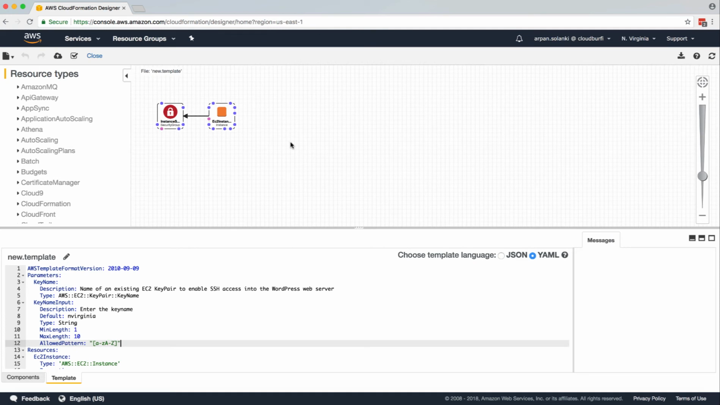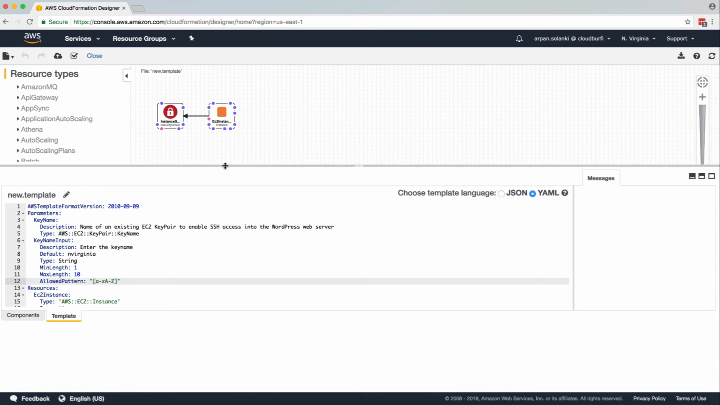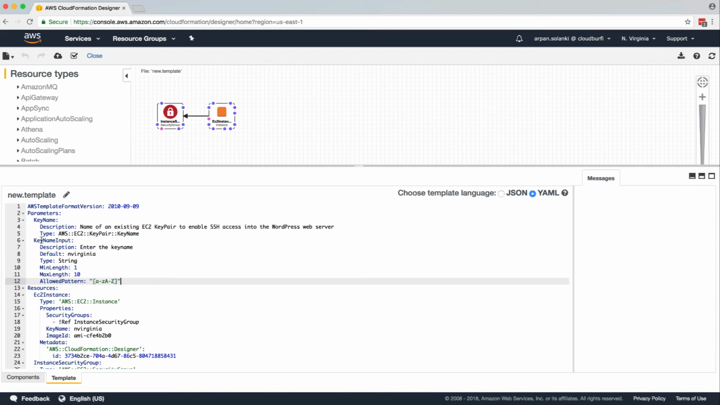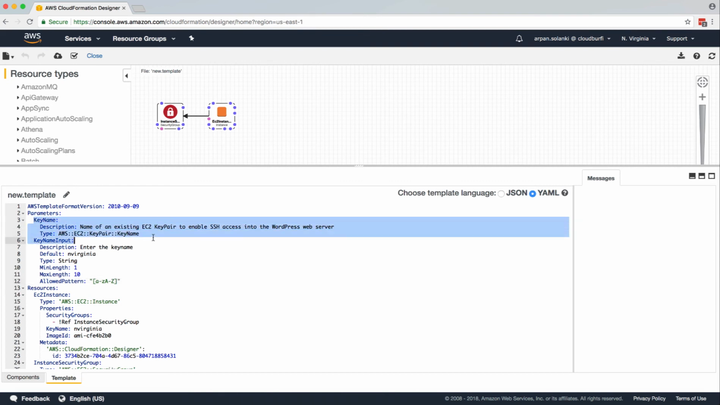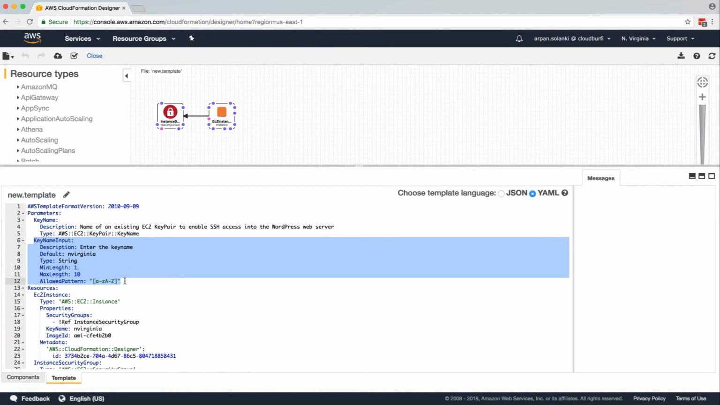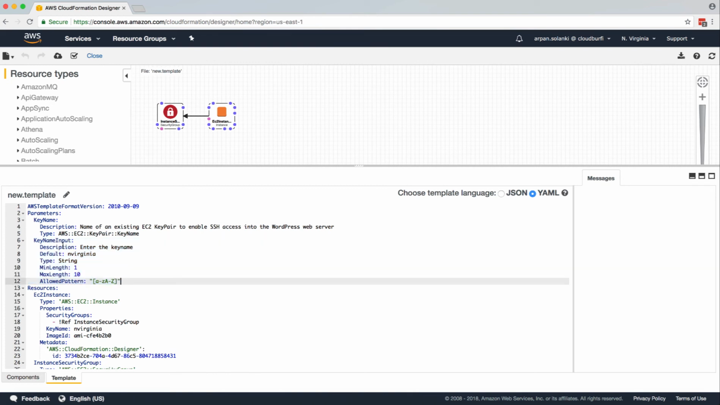Now let's see another way to take input from the user. So over here in the parameter section, we already have this key name block from our previous video. Now we'll add another block called key name input. So over here the description is enter the key name, so it will prompt the user with this text, enter the key name. Default is North Virginia, so we're providing a default value to the input. So over here, instead of a drop down, it will show a text box. Type is string. You can also have number,